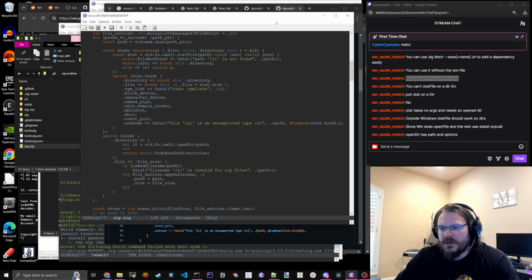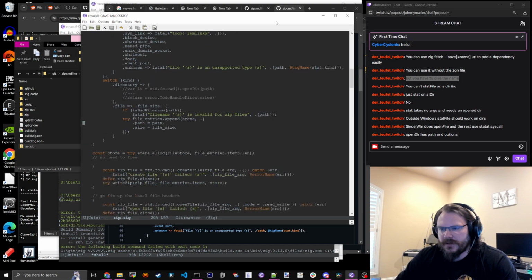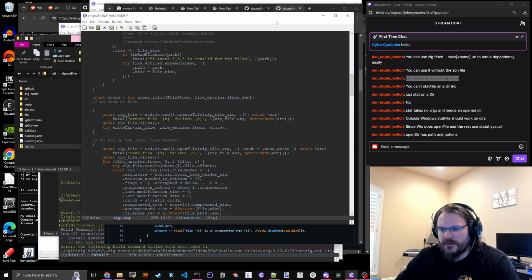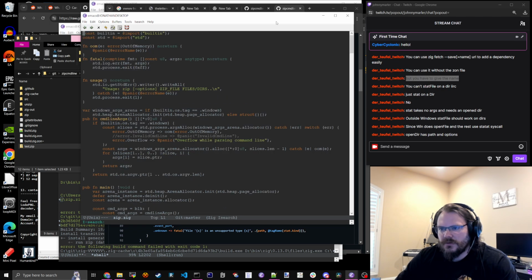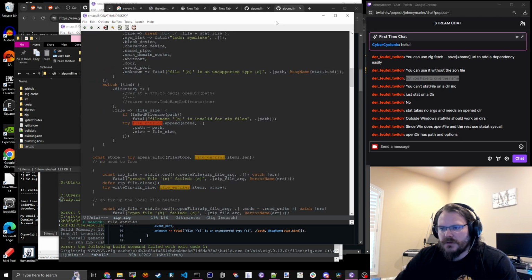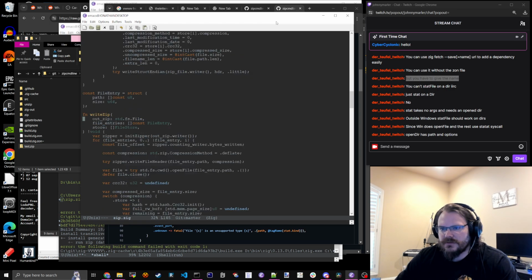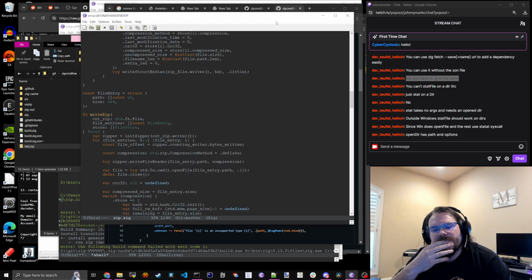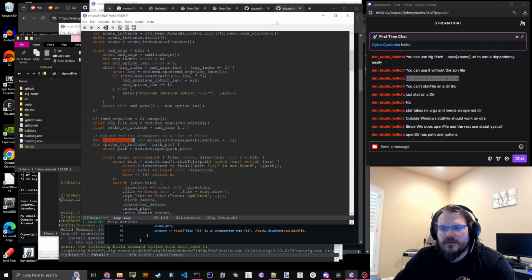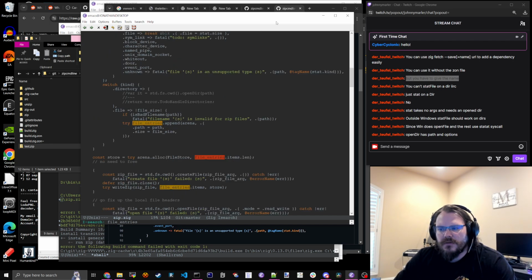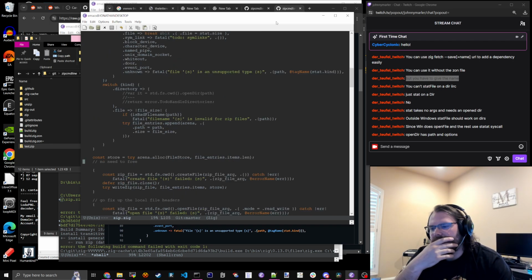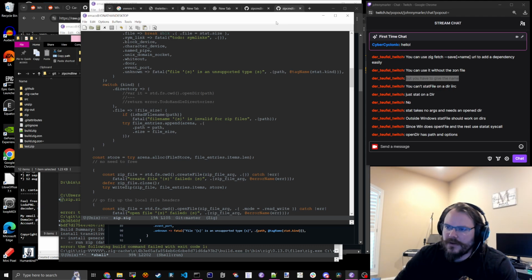So I think we can either expand them here or we can expand them later. I'm trying to remember why there's two steps. What are file entries? File entry is a path and a size. Why did I split these up though? Oh, that's right. Okay, so yeah. So we want to expand these